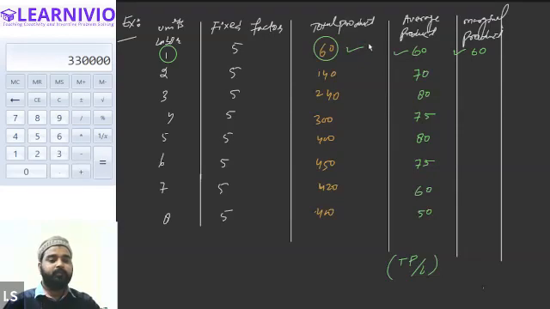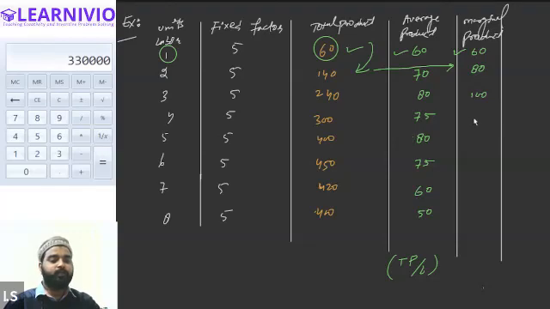Now, in order to find the marginal product, what do we do? We determine the change arising in the total product. Whatever the change arising in the total product, that will be considered the marginal product. So let's calculate the marginal product at the second labor. From 60, the total production rises to 140. That means marginal product is how much? 80, right? And again, from 140 it rises to 240. That means marginal product is how much, Alexander? 100, correct.